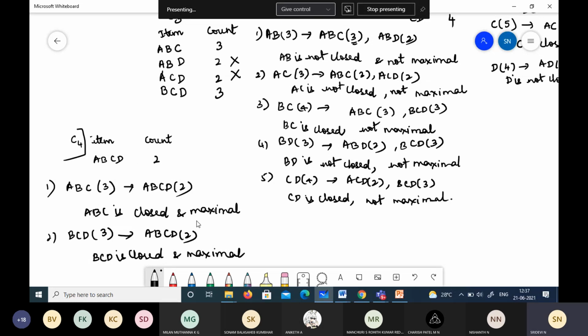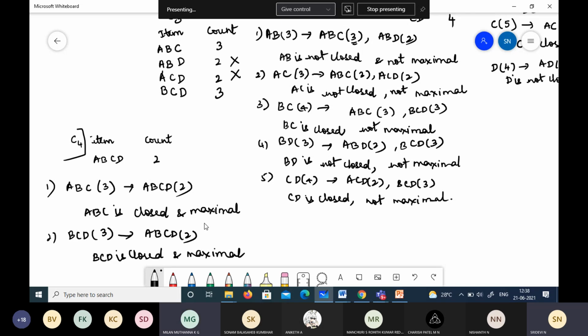So this is how we find the frequent item sets, closed item sets, and maximal item sets. Maximal item sets usually will not have any support information of the subsets, but in some cases we will need this minimal representation of frequent item sets, and these are the 2 types in that, closed and maximal.